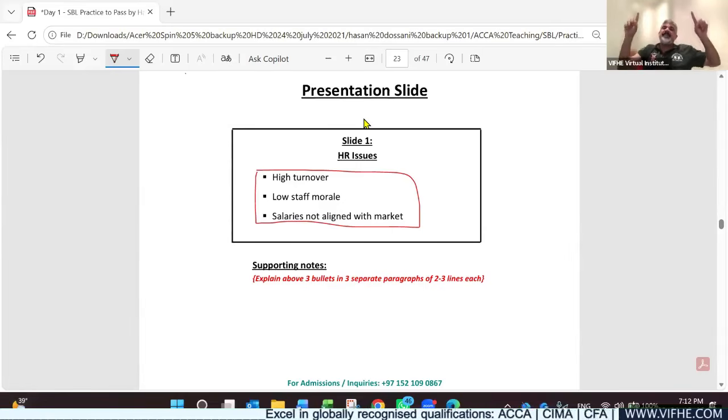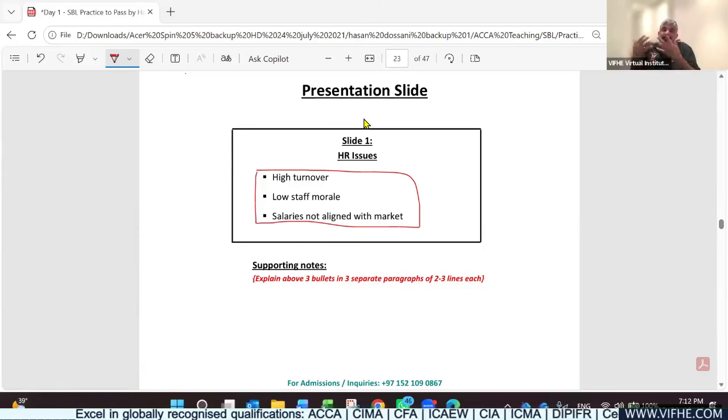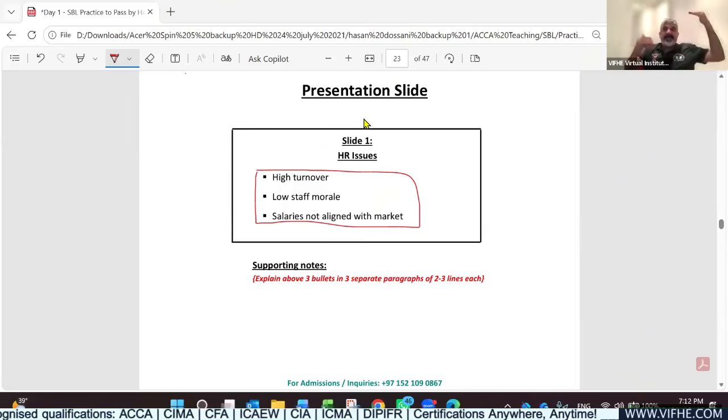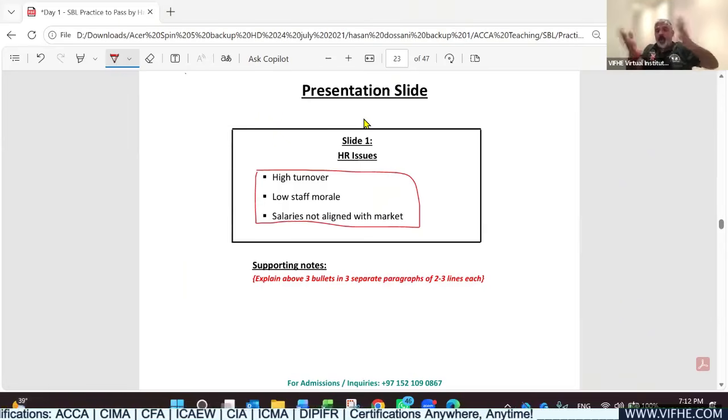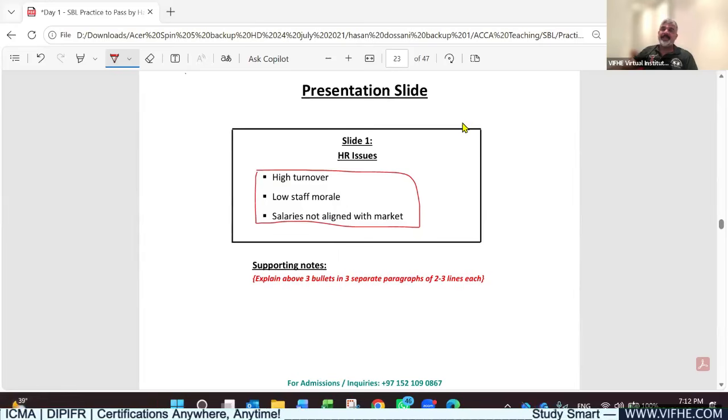So the presentation slide is very concise, very bullet style, but the person who is presenting, the speaker, is verbally explaining each point to the audience, correct? Yes or no? Yes, exactly the same thing